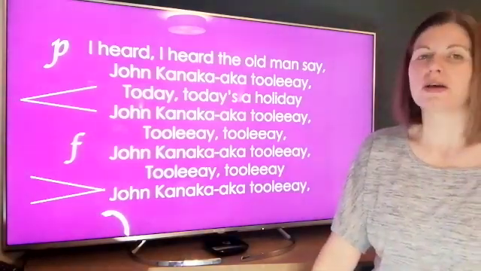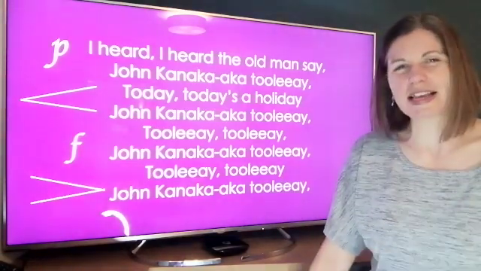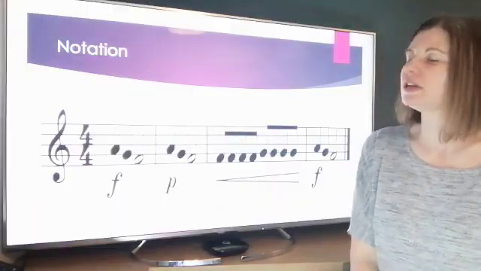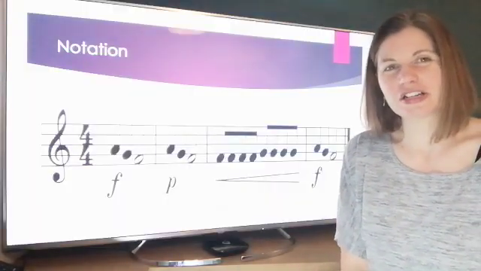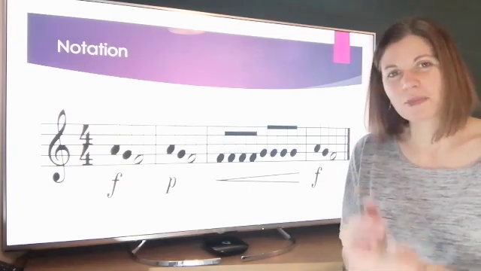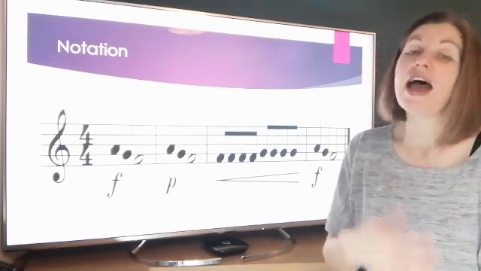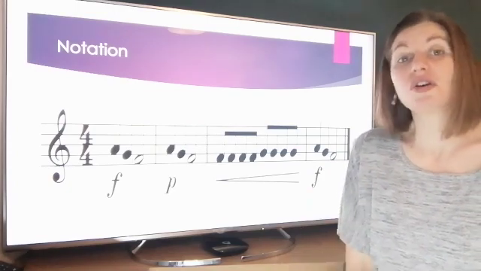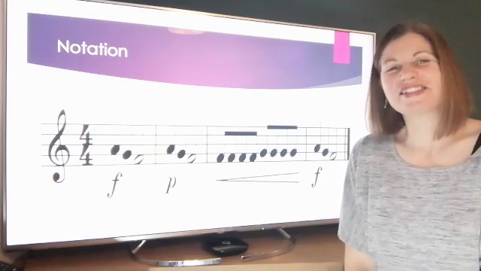Now, we are progressing really well with our musical knowledge. So we're going to try and tie up a few of our lessons now. We're going to connect things together. So we're going to look here at our notation. Now, if you remember back in lesson 5, we spoke about pitch and we spoke about how we write it on the stave. And you wrote down the song,